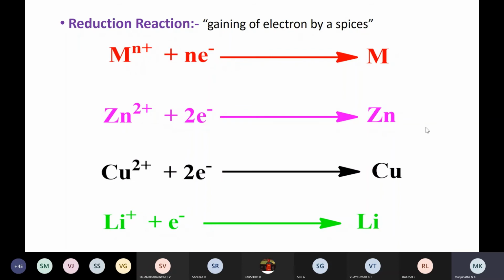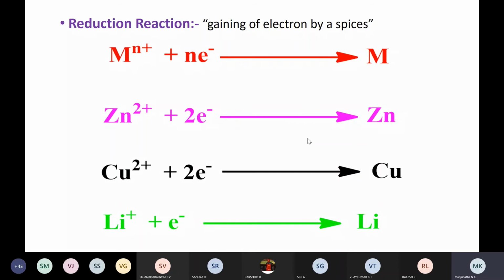In the next numerical on the basis of the Nernst equation, they will first ask you to write the cell reaction. In that you are going to write the oxidation and reduction reactions. Therefore, this oxidation and reduction reaction is very important. Is it clear for you? Unmute and talk, any doubt you can ask. Unmute. Is it clear?